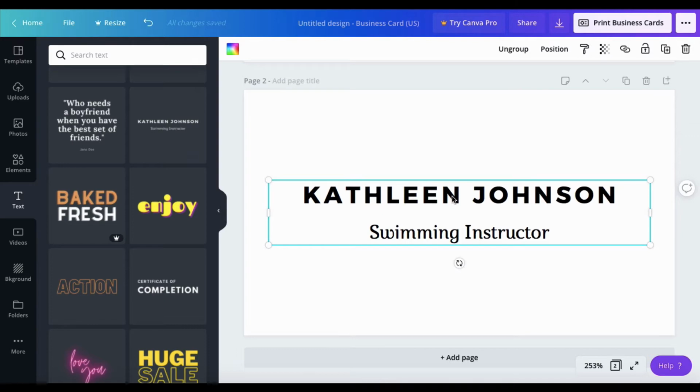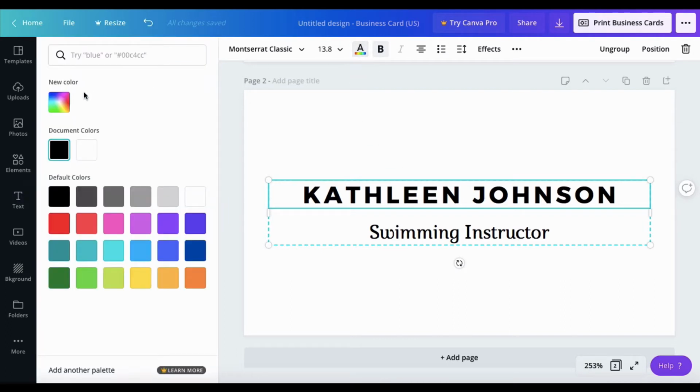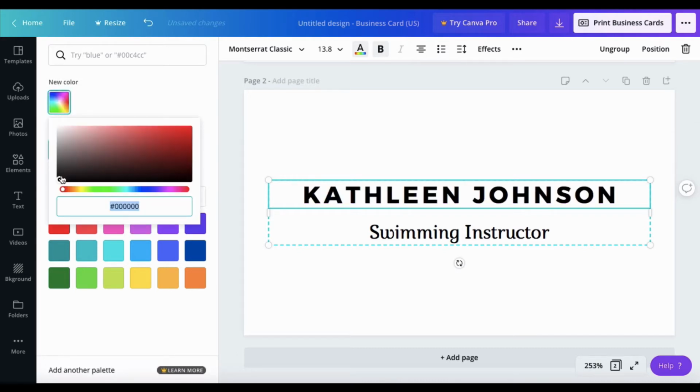Now, if you feel like maybe this is a little bit too dark, it's too contrasty, you just click on it, you go to where the colors are, and then you go to new color. I mean, what you could do is also click any of these grays or change it to a different color, or you can just go to the regular black, go to new color, and then just drag this and kind of